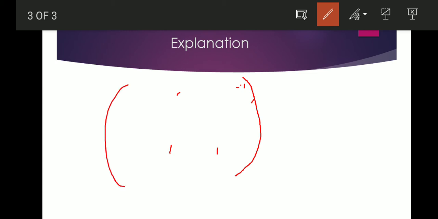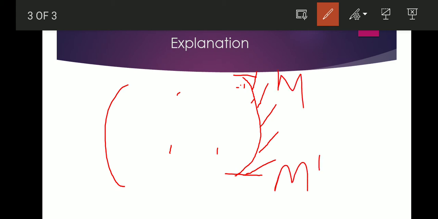Let's discuss concave mirror first. In case of concave, the non-reflecting surface is this side, and the reflecting surface is this left side. Then here, this is called aperture, M M dash. Then pole is the midpoint of this reflecting surface, or we can say it is the midpoint of the